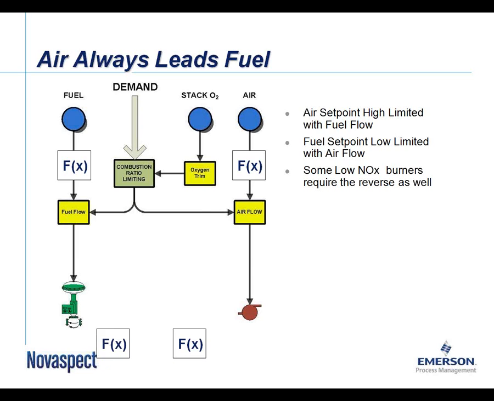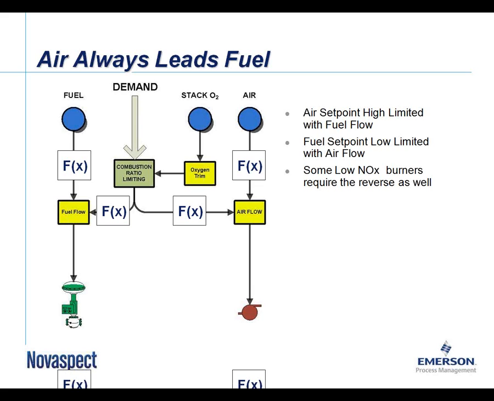Some people would put them on the set points, which also works. So you can characterize the set point coming from the demand so that the set point to the airflow and the fuel flow are matching. And then ultimately, if you want to characterize the outputs as well, then you have to put function generators on those outputs. And again, the advantage to that is if you fully characterize the input and the output,